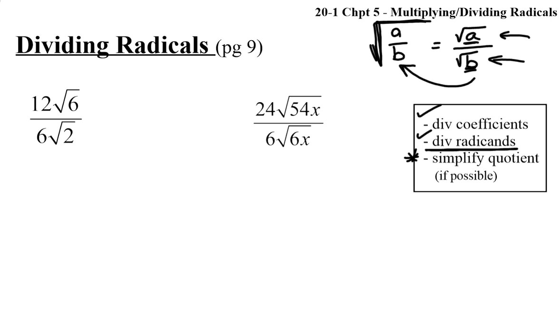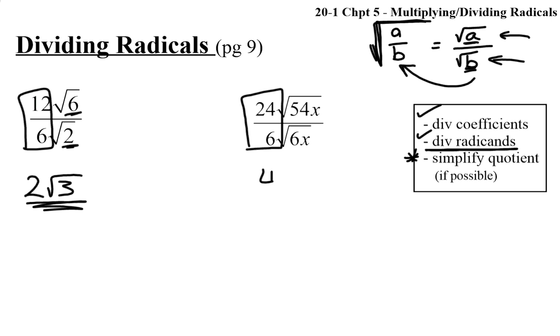So here we go. 12 divided by 6, divide coefficients. Radicand, 6 divided by 2. And our quotient is 2 root 3. No simplifying to occur. Second example,